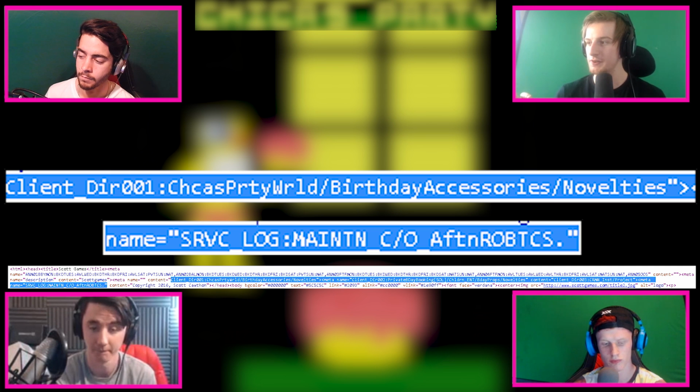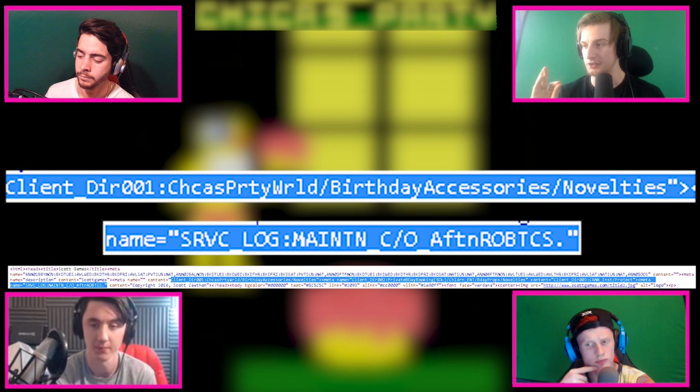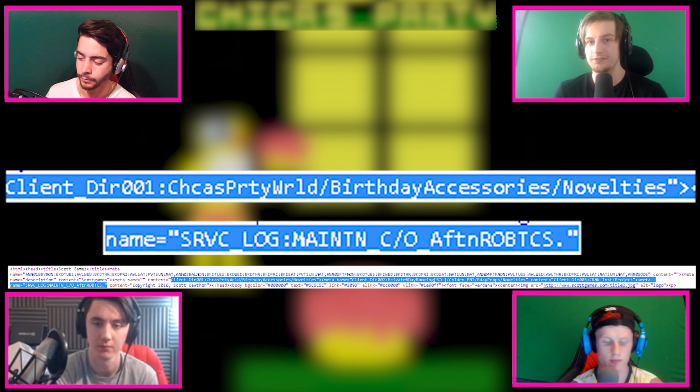So what we have here is a client directory 1, Chica's Party World. So this might be an event that took place. And the thing is, at the bottom it says it's a service log. So after the 3 client directories, we have this Afton Robotics kind of sign-off potentially, which might, for me, reference